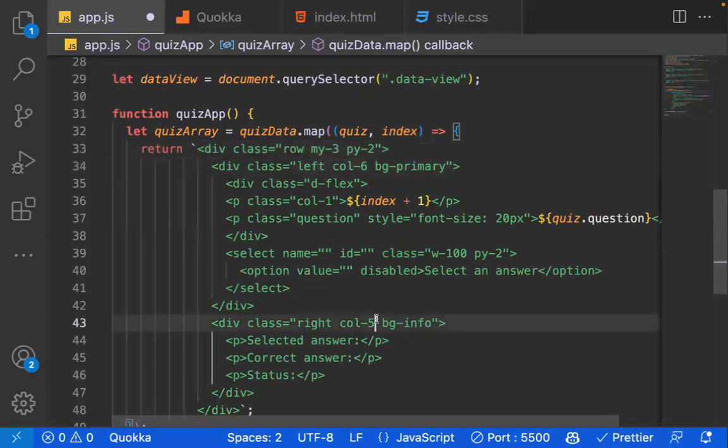I don't know if it's going to work. All right. So it worked. So having done that,